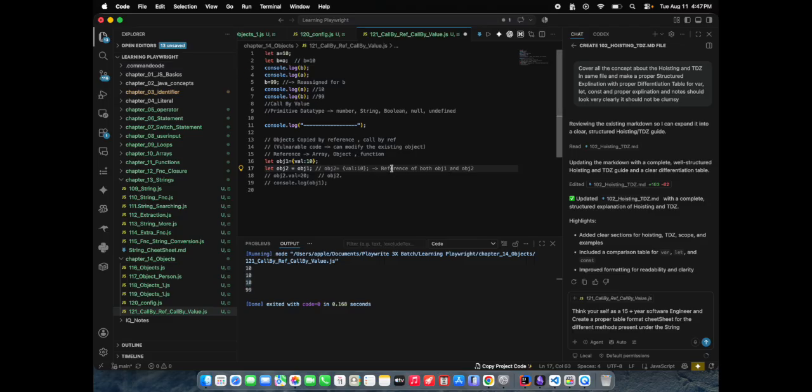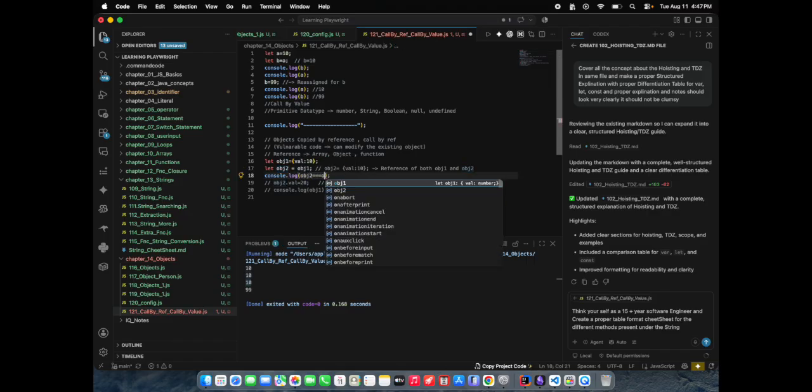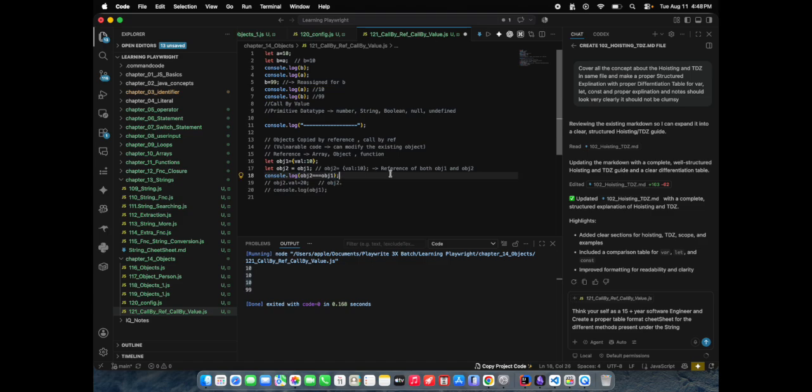Let me check if it is the same. Let us try, guys, and see if triple equals says both are equal or not. Let me comment out this one.